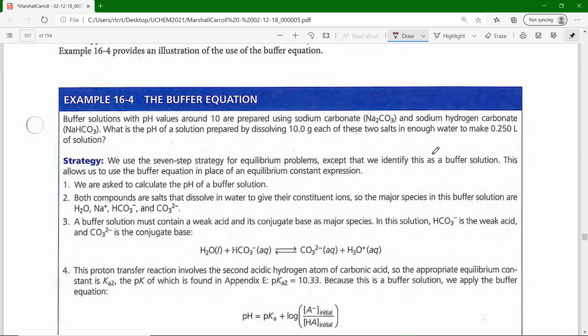We have here buffer solutions with pH values around 10 prepared using sodium carbonate and sodium hydrogen carbonate. What's the pH of a solution prepared by dissolving 10 grams of each of these two salts in enough water to make 0.25 liters of solution? Okay, so here is the